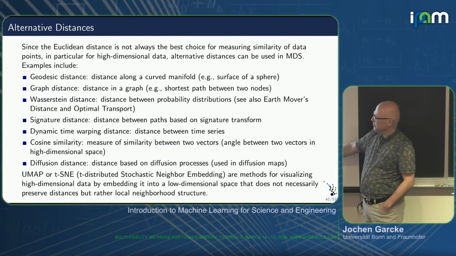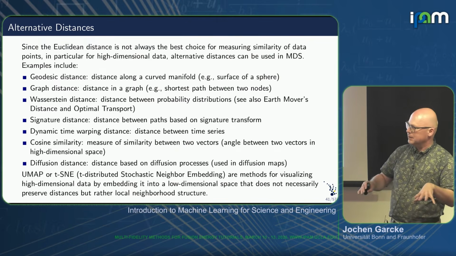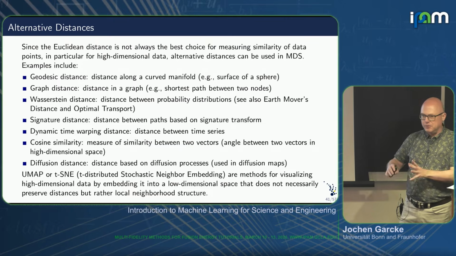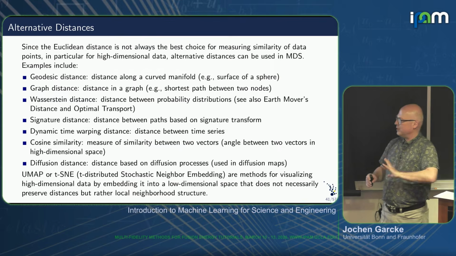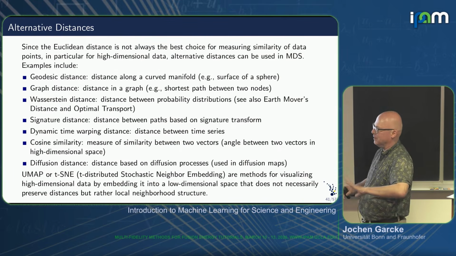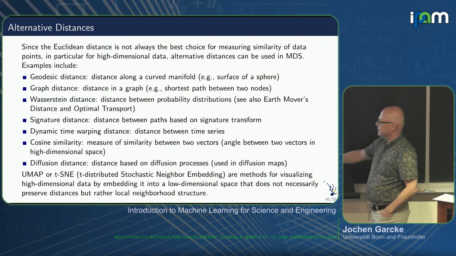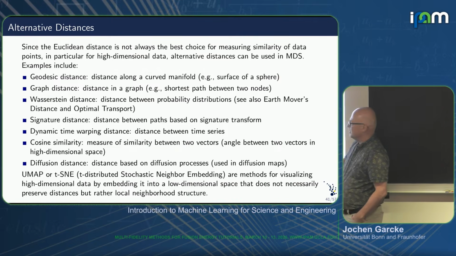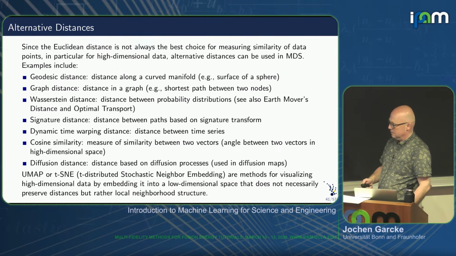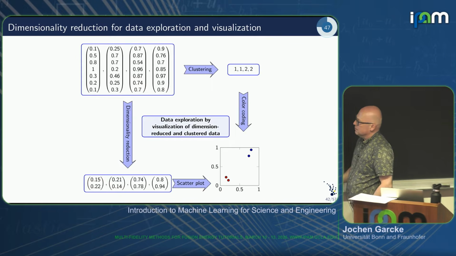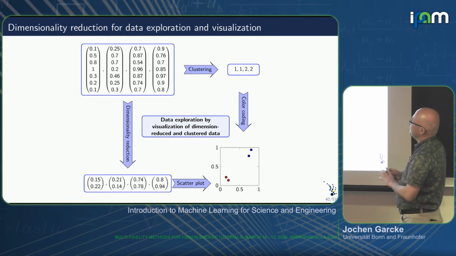And there are some other approaches, UMAP and t-SNE, which are often used for dimensionality reduction for visualization of embeddings. But these don't preserve distances. Only locally they try to do that, but globally they don't. So one has to be very careful interpreting that. We very quickly try to interpret anything we see, and there's less structure on that level in UMAP or t-SNE than otherwise. So this is one thing to use dimensional reduction for.